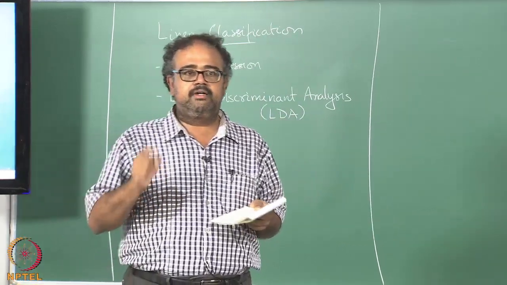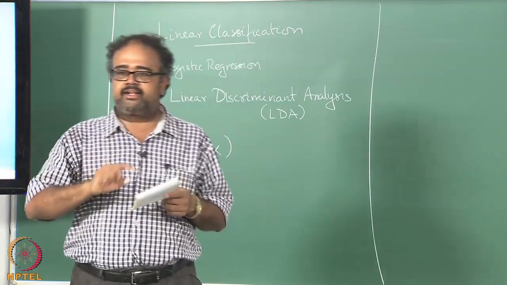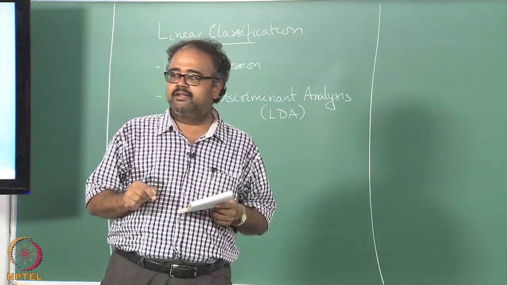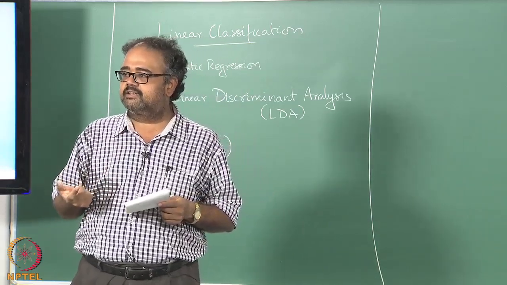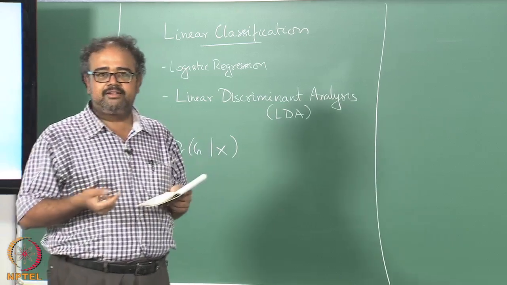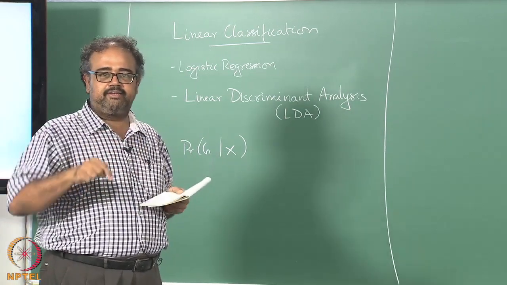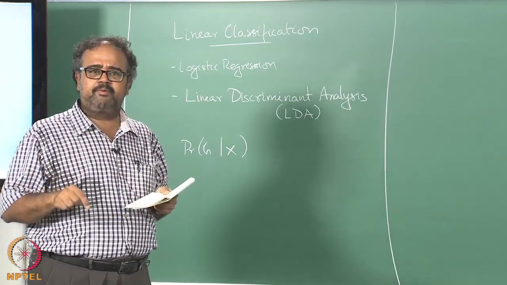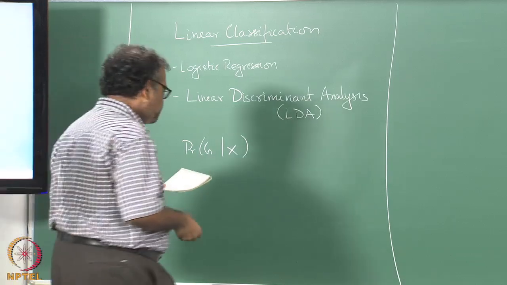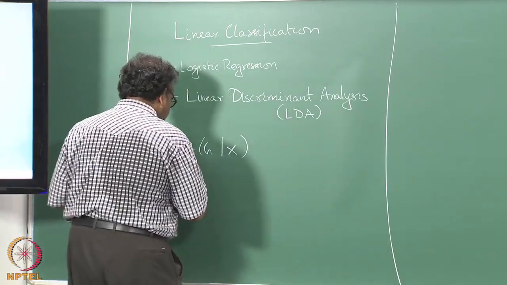Probability of the data, yes, we can fake that. What else do you need? Probability of the class. So probability of the data point given class times probability of the class, divided by probability of the data point. So what we will do is we will start by making assumptions on